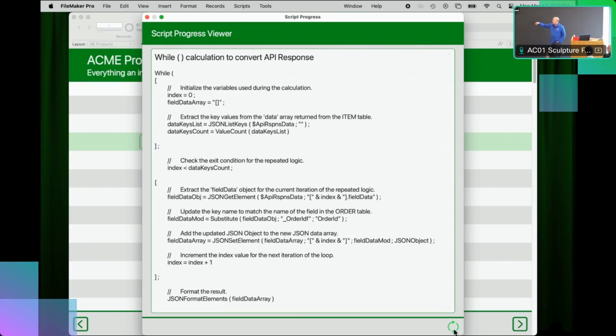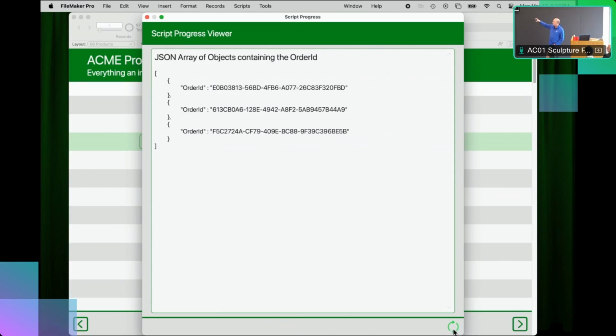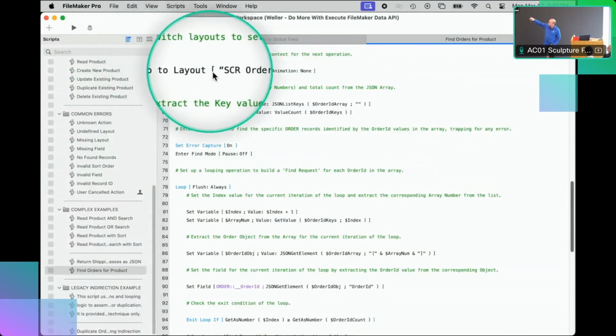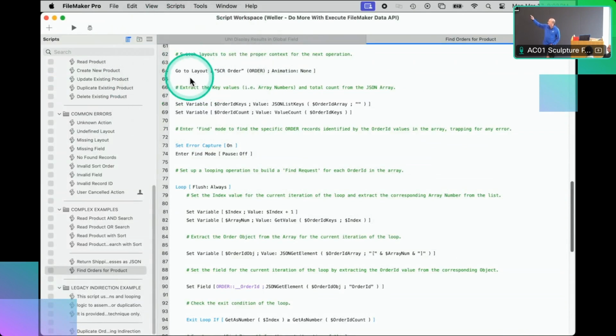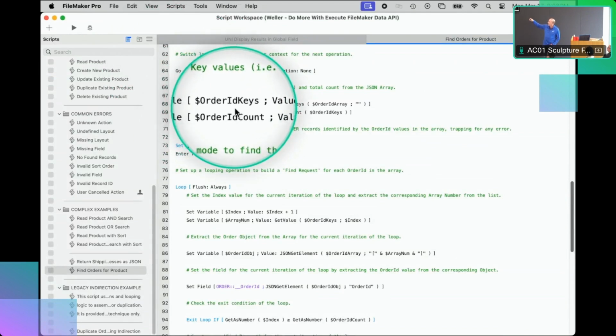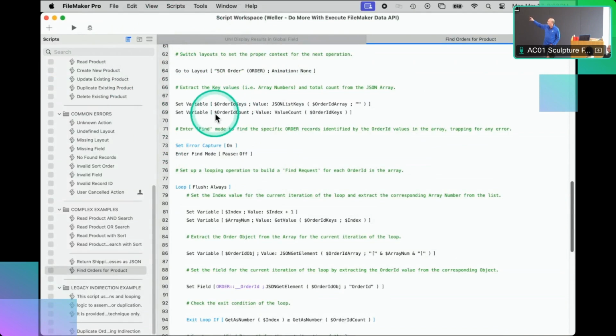And so we convert it to get our array of order IDs where this product appeared as line items. But then, instead of running another Execute FileMaker Data API script step, in this case I wanted to show the records to the user immediately. So, switching over to the script now, here we go into an order table, doing similar stuff to what I did in the WoW, but now it's in a script where I'm counting the number of objects in my array,